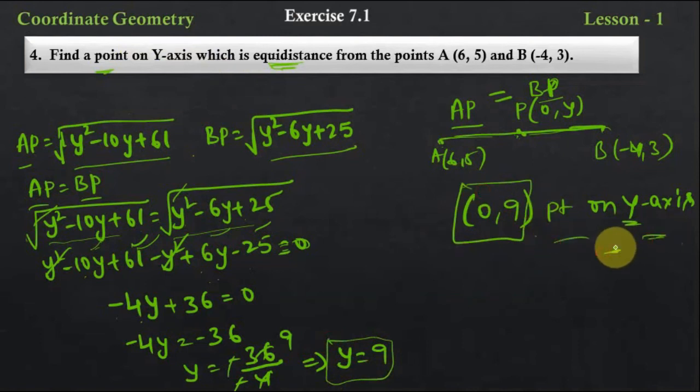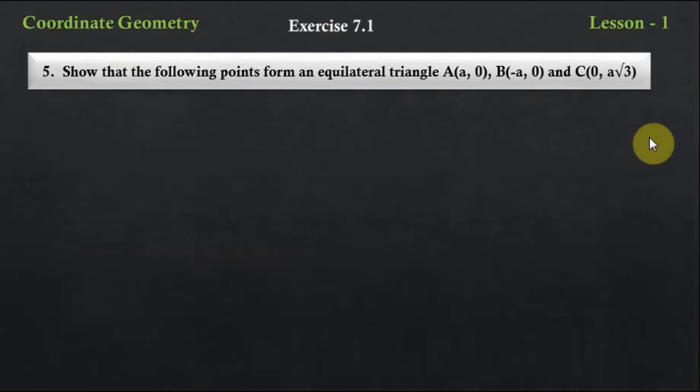Okay, the next problem, the fifth one, is to show that the following points form an equilateral triangle. A is (a, 0), B is (minus a, 0), and C is (0, a root 3). So we should show that this forms an equilateral triangle. So see here,